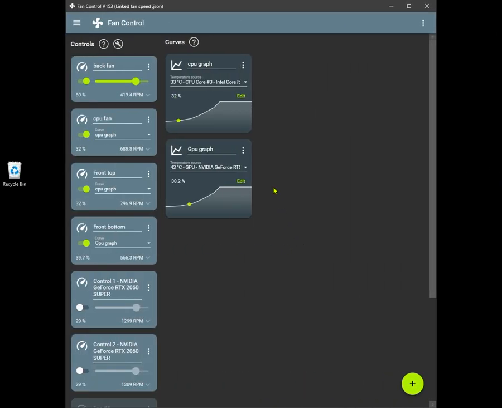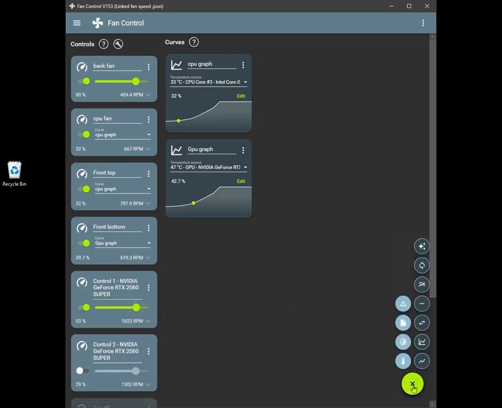To put your fans all on automatic so that you don't have to interfere with them, you can just click here. So your PC is the one which is going to control the fan graph. As you remember, on the BIOS we clicked default, and default is going to depend on how hot your case gets or how hot your PC, CPU or GPU gets. So just by clicking this, this is already an automatic fan speed control. But if you want this software to control it, you can click back here,